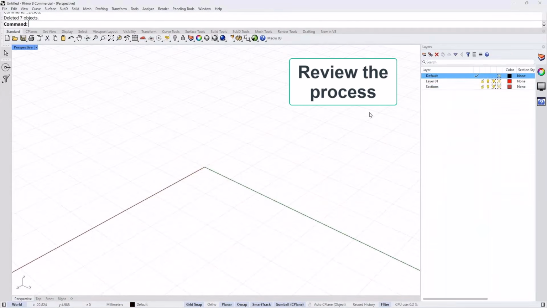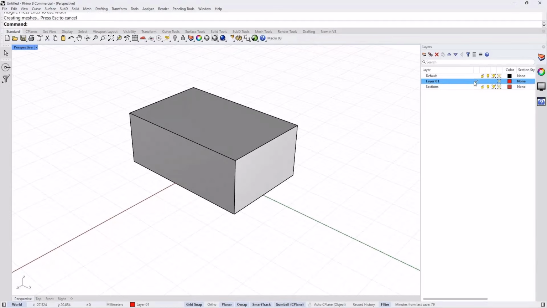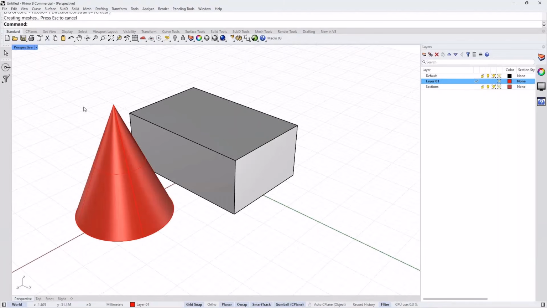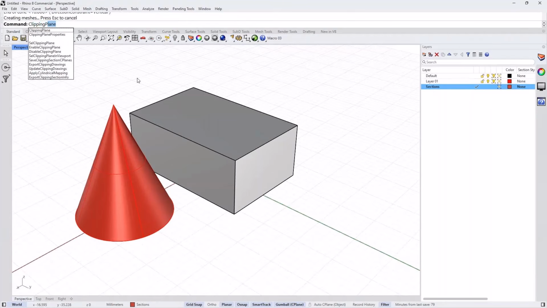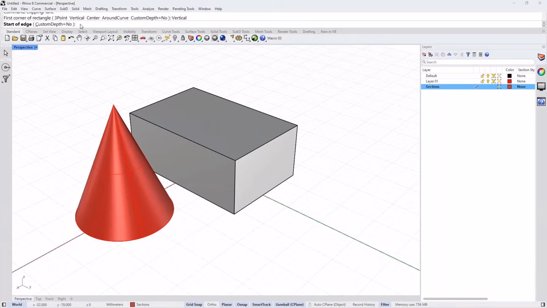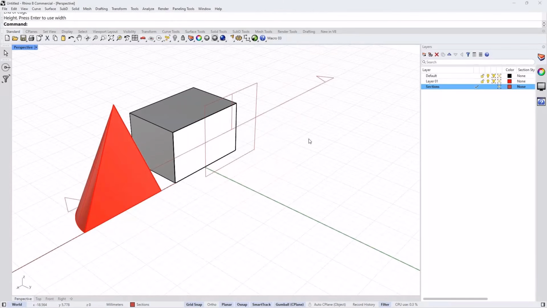Go to the default, create a box. We go to layer one, we create a cone. And here under the sections layer, we're going to run the clipping plane command, and under the vertical option, we're just going to go through this to create the clipping plane.